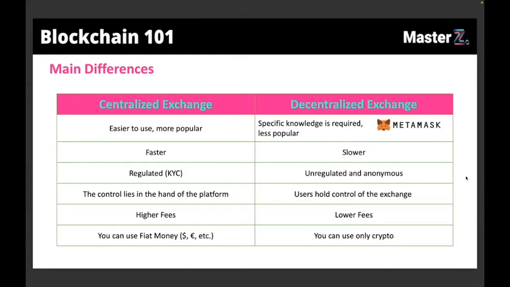You really can't put fiat money, but what you can do is go on a centralized exchange, buy some cryptocurrencies, and then transfer them to MetaMask and then interact with the decentralized exchange. And that's exactly what I want to show you right now. So I think that if you give me a couple of minutes, I will get my other computer, turn it on, and show you the process.